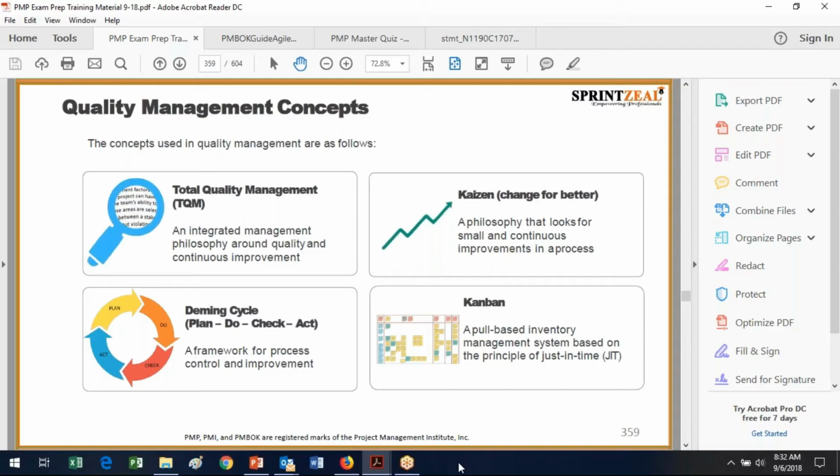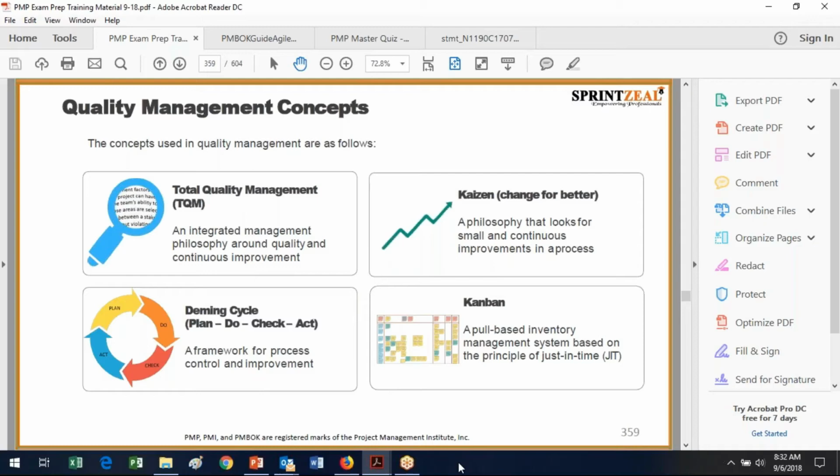And then there's Kaizen, and I've probably absolutely botched speaking of the word, but it means change for the better in Japanese. And so this is the philosophy that looks for small and continuous improvements in a process. And this comes out of the post-World War II rebuilding of Japan, and the major car manufacturers going over there. So it was General Motors and Toyota, and what they did, because basically they were starting from scratch, a lot of unbuilt towns, because a lot of those places had been bombed flat. And so they went over with basically a clean slate, but a usable workforce to basically re-engineer their processes and things.